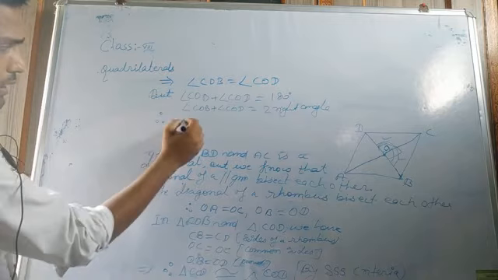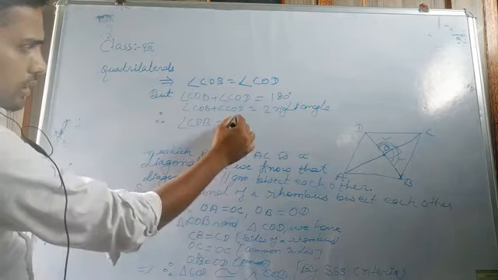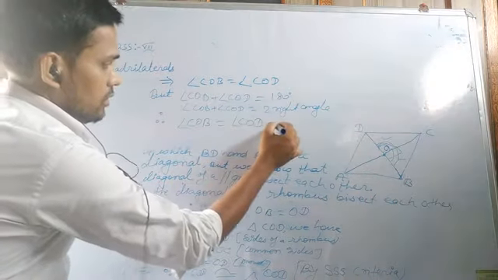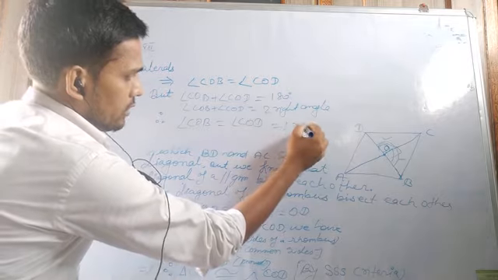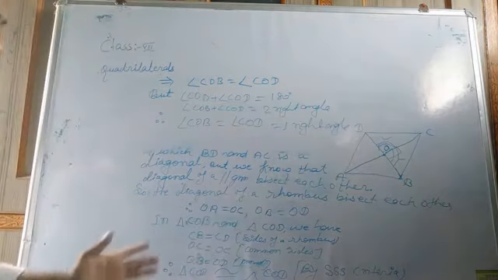Therefore what we got here? Angle COB is equal to angle COD, each one right angle. Hence, we can say that